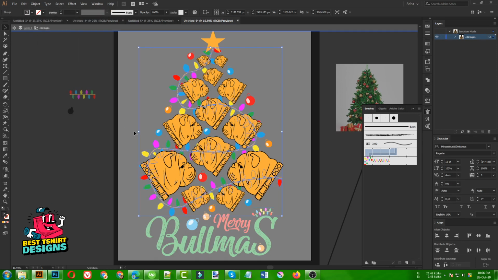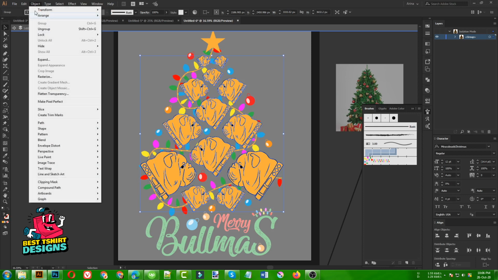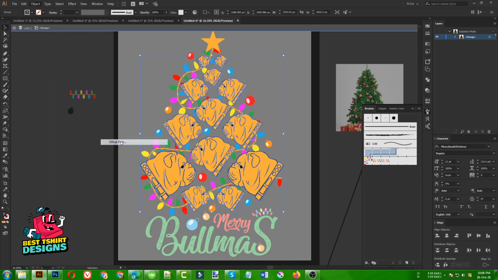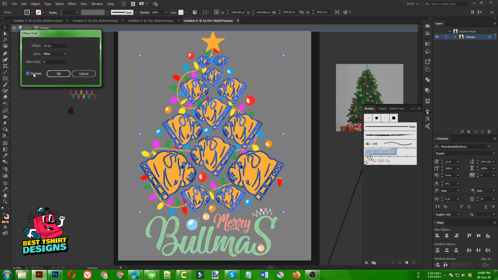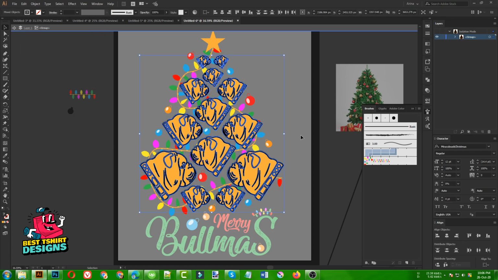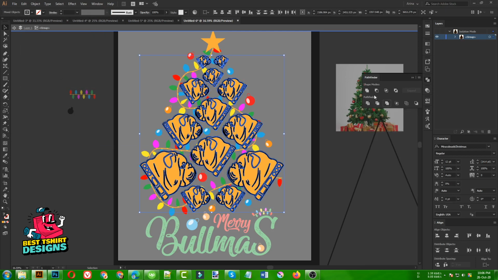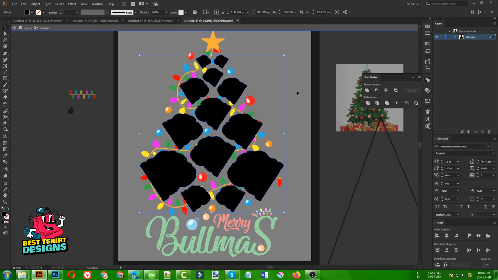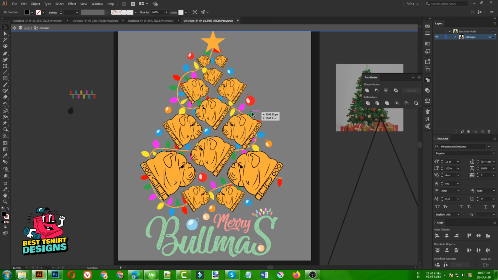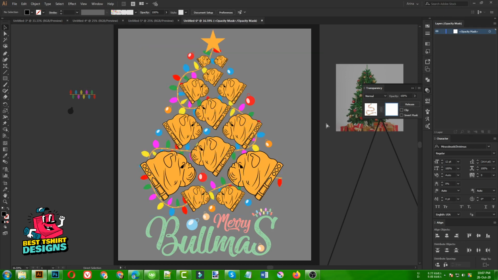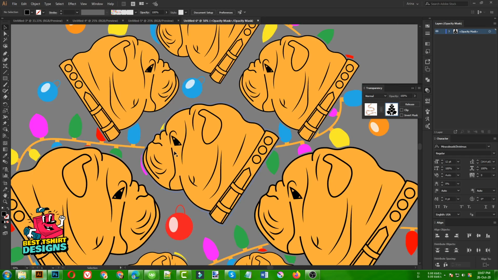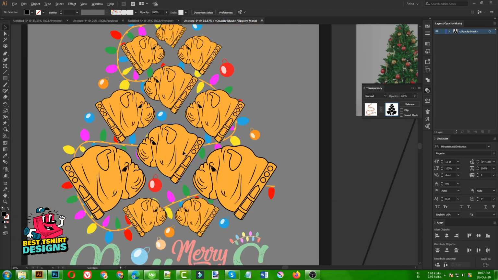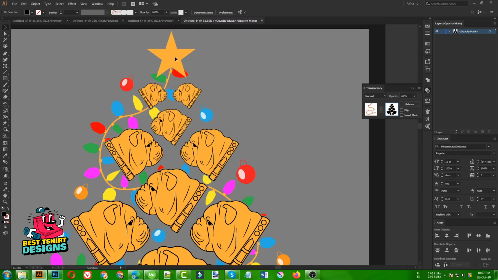Okay, maybe I can select this pattern here, expand it to make them a shape. Then if I select my bulldog group, go to offset path, create an offset path for them, 10 pixels is good for me. Now merge, unite to make it a complete black shape, cut, select my pattern group, open the transparency, paste in front. As you can see, it will give it a little cutout effect like that, and it will actually look good.